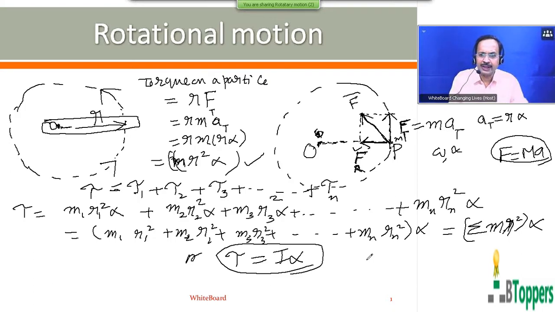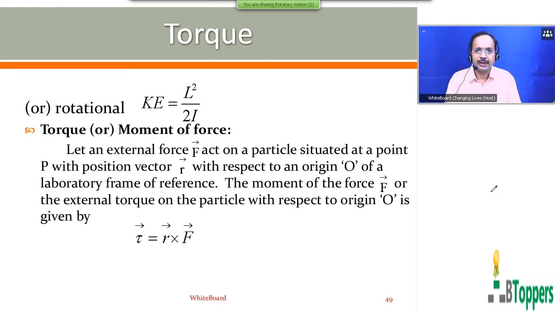So now I would like to summarize the entire discussion I have done so far in this class. I want to show you the notes or PowerPoint presentation of all the conclusions or summary of the discussion which I have done in this present class about the term torque or moment of the force. Those who are writing the notes can get ready with notebook and pen. So come on, look at the screen here. I am now going to show you the notes for what I have discussed in today's class, and those who are writing the notes can take a pause wherever necessary and write the notes.